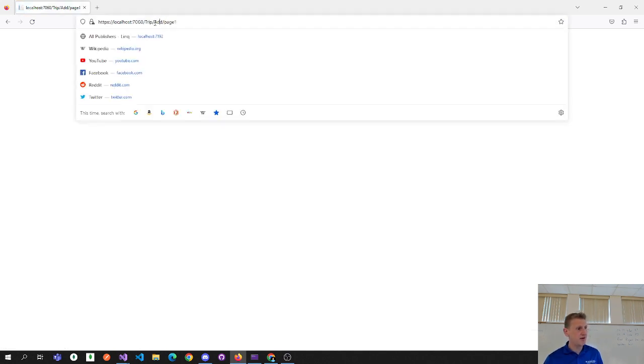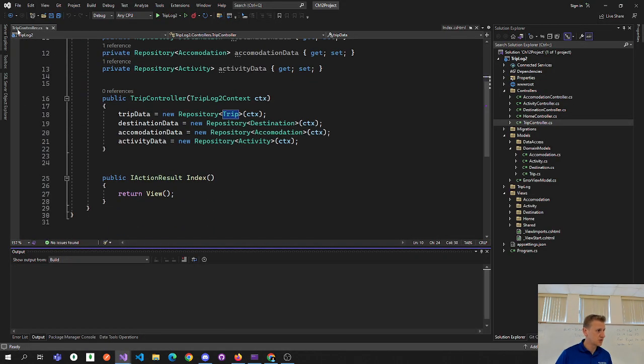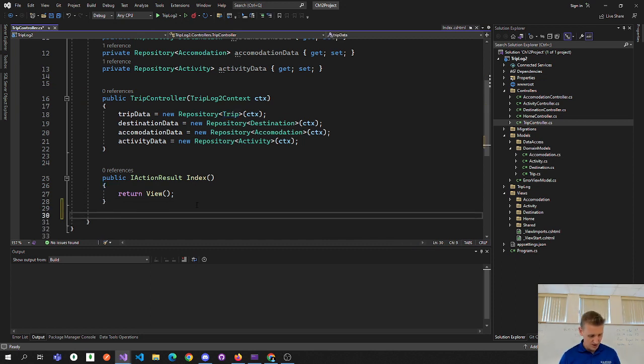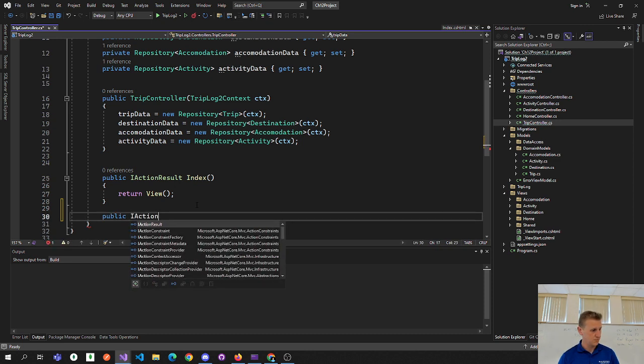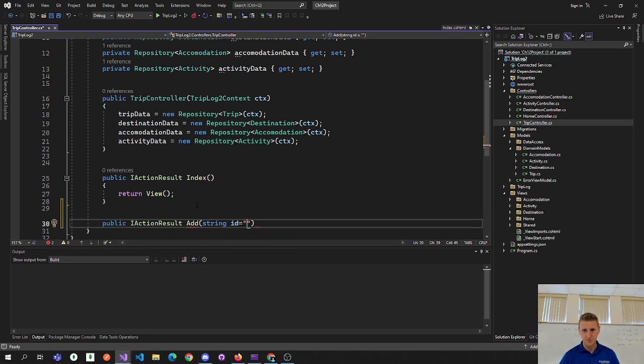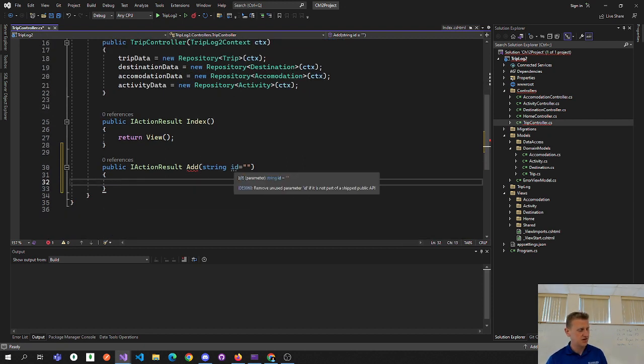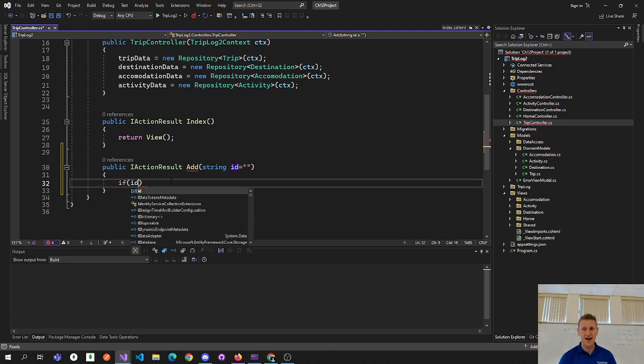So it's the add method of the trip controller that we need to have a get for. So trip controller, right here. So that ID is passed in as page 1. So we can test for that. If the ID